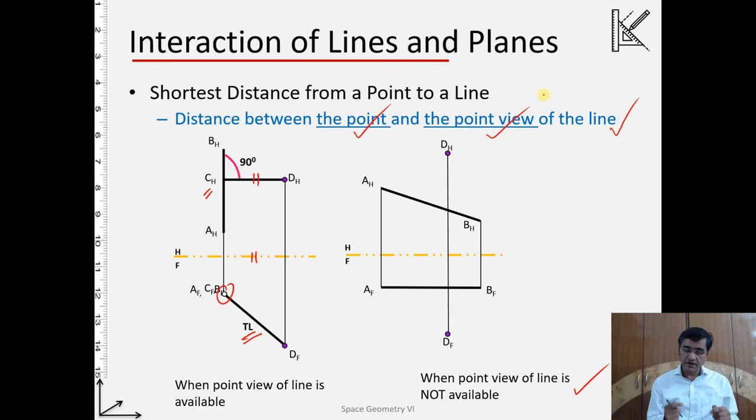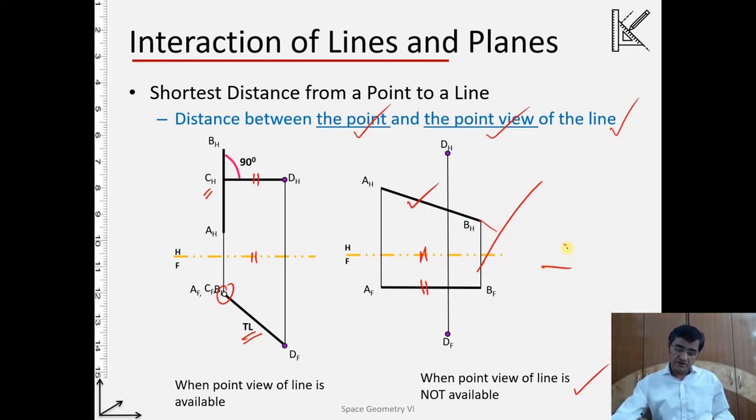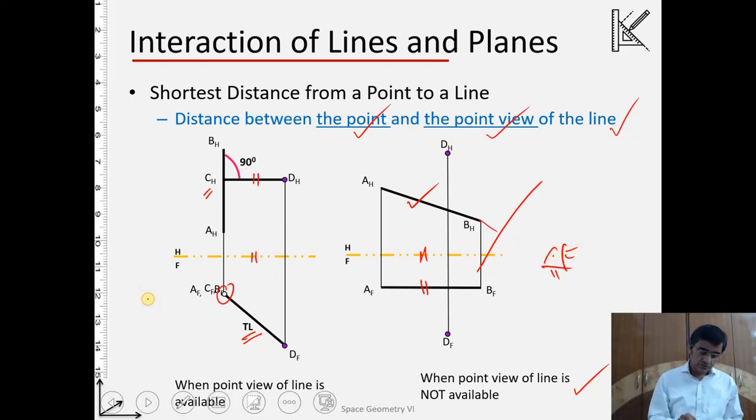So this is the idea of how we can handle it. Because these are parallel, this length will be the true length. If I know AS BS as the true length, as a normal projection, because the line is parallel to the horizontal plane, it is very easy for me to determine another auxiliary plane, and if I see from this direction, I can get the point view. So if you do all this, let us do it.